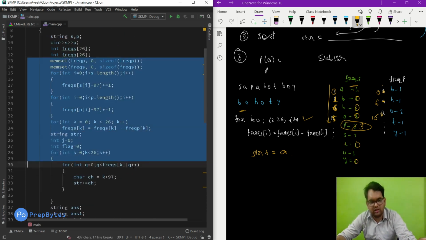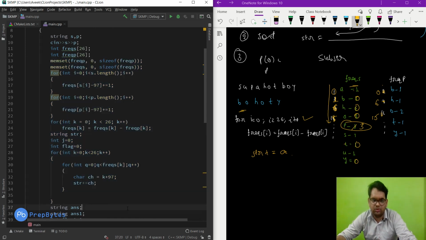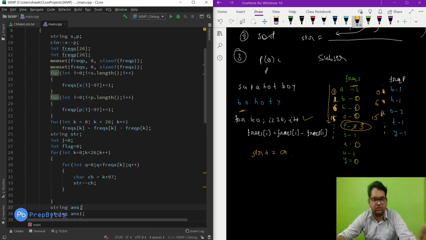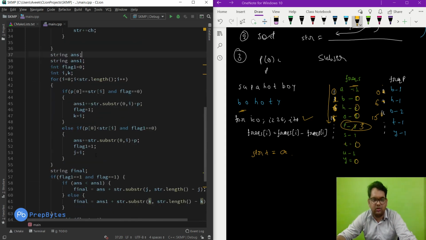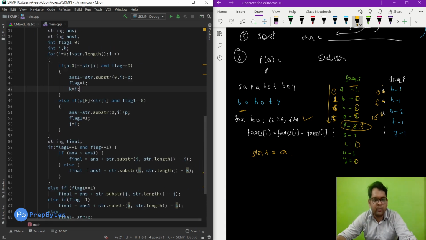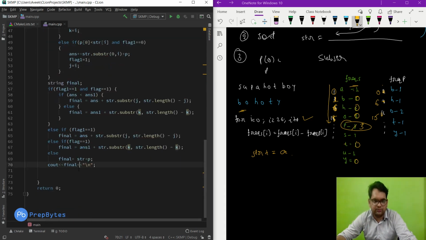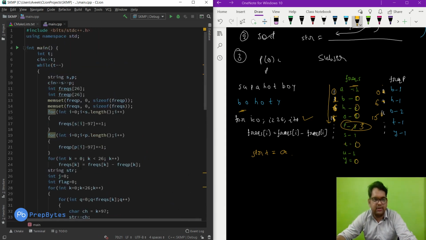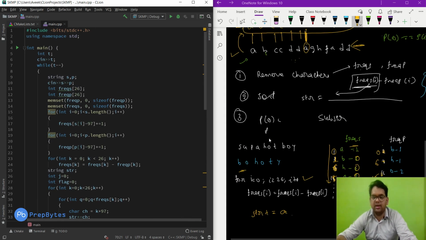This particular thing of frequencies and sorting, you can do on your own. You can use the inbuilt functions. I have tried to use as few inbuilt functions as possible here, so that's why I'm using the frequency. Now here I'm using the inbuilt substring function. Substring and length, just common functions. And then getting the final answer. So this is the implementation for smallest KMP, and these are the cases that we need to handle in this particular question. Thank you.